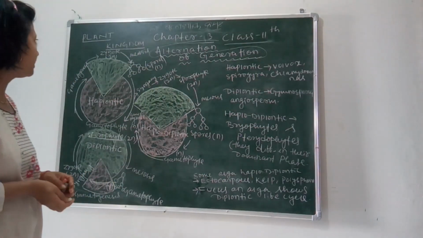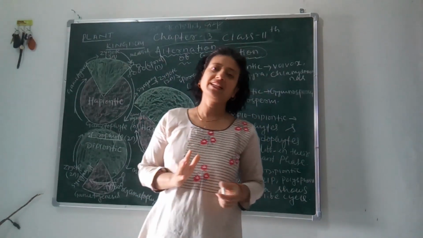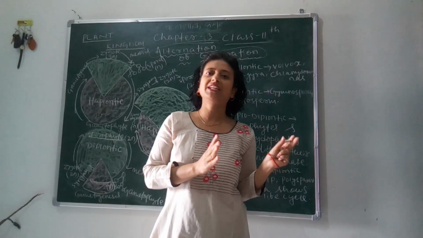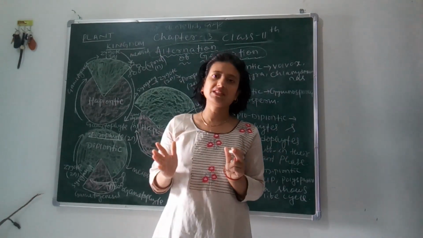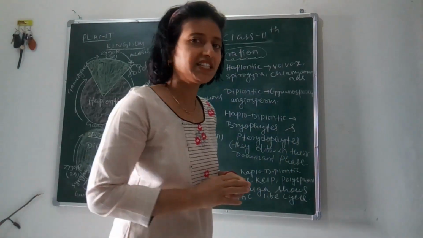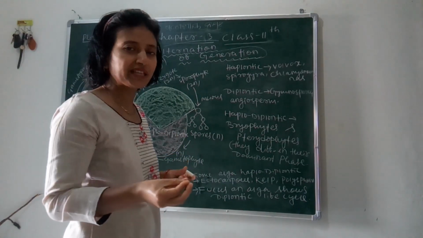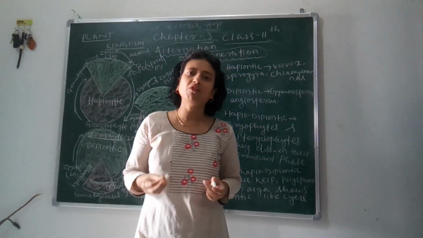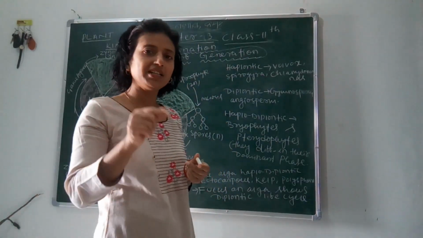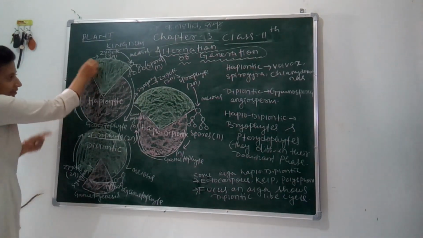First, we have to see that in plant kingdom there are 5 divisions, and all organisms come in these 5 divisions, which are differentiated on the basis of their special features and structures, their life cycle, their mode of reproduction, etc. So let's see which organism of which division completes its life cycle either through haplontic, diplontic or haplodiplontic. Let's understand what is haplontic, what is diplontic and haplodiplontic. So first we will see the diagram.